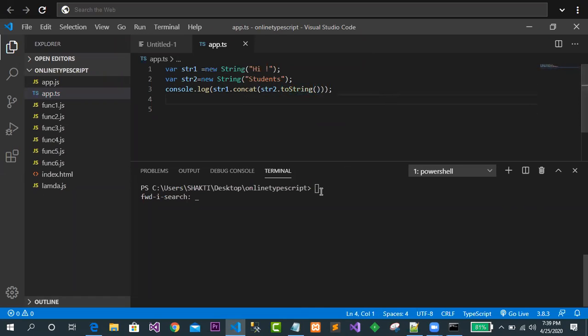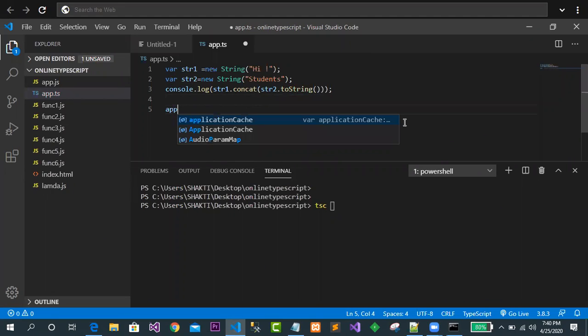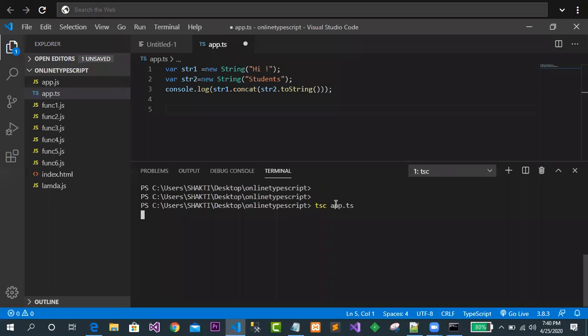Ready? So now if I go for running this page, just see, TSC. What should I write here? This is app.ts. It's looking good. You didn't get any error.